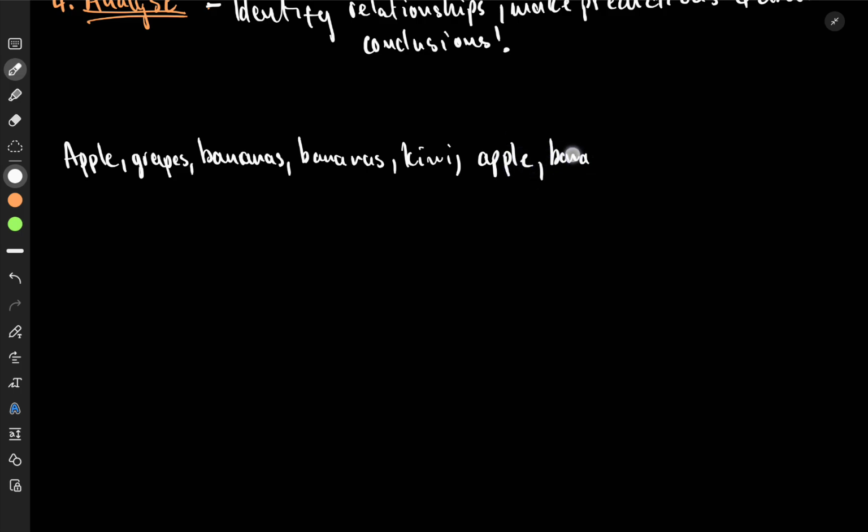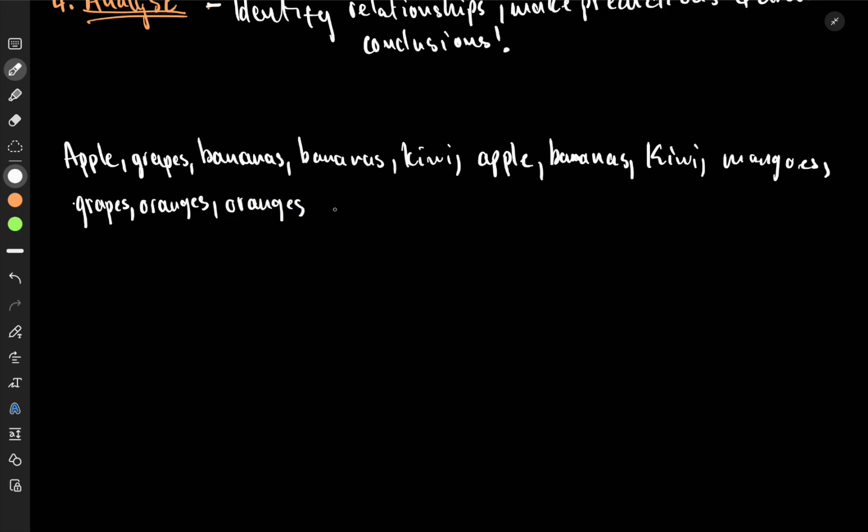bananas, kiwi, kiwi, then mangoes, then grapes, oranges, bananas, oranges, grapes, bananas, kiwi,